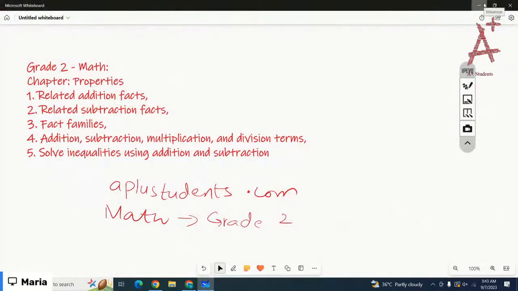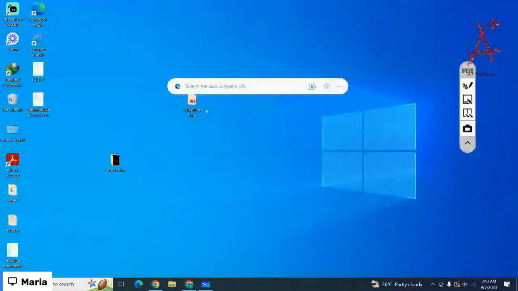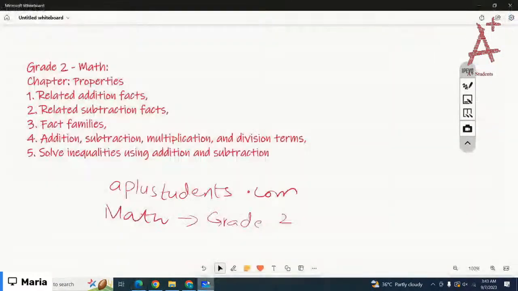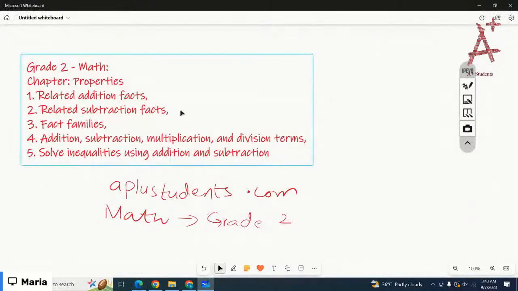So we were working on grade 2 math. We're working on the properties and the lessons we have covered: related addition facts, related subtraction facts, fact families, addition, subtraction, multiplication and division terms, and solve inequalities using addition and subtraction. So please make sure before the next session you complete all the practice questions for the lessons we